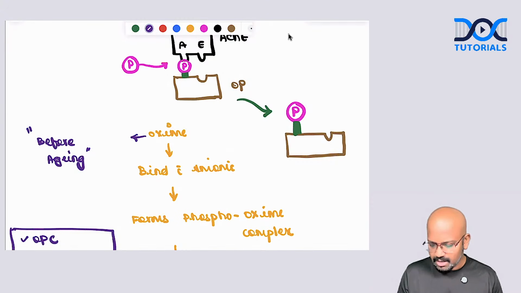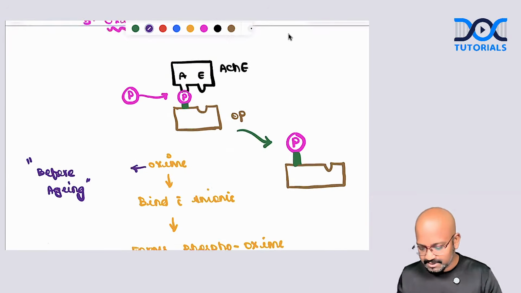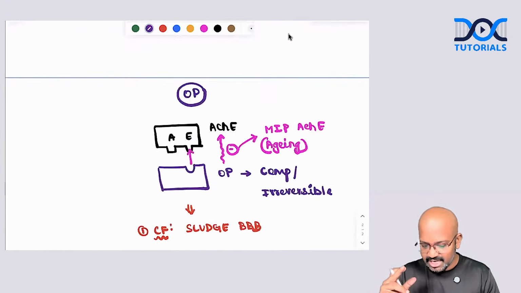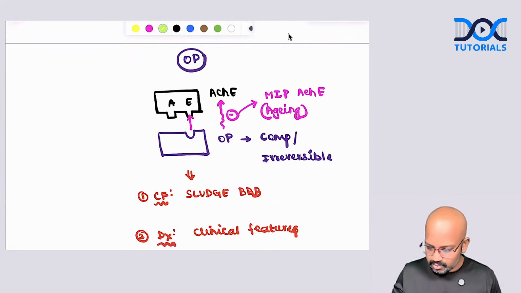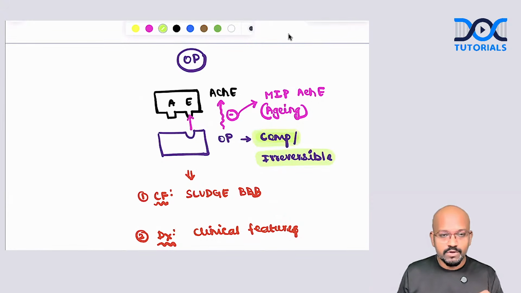Now, sir, you have given me a long answer. What if I need to remember a few points just before the exams? I will highlight those points. You just need to remember those highlighted points, my dears. Point number 1, you have to write down, they will be searching for this point. These are the key points. You have to write down: organophosphorus compound is a competitive irreversible inhibitor. First point must be written.